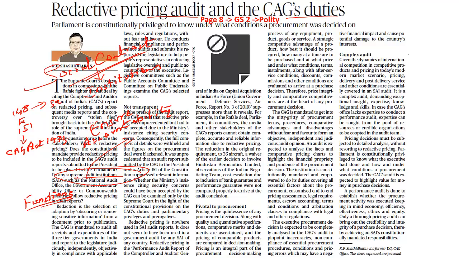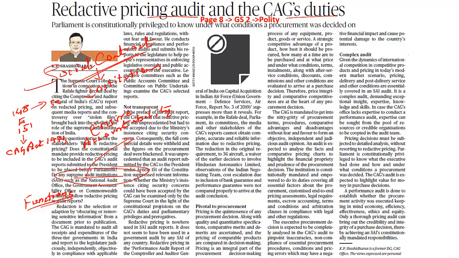So the reports also become a credible, authentic and reliable source of information for multiple institutes. So the CBI or the Central Vigilance Commission or the Chief Information Commissioner can also look into these reports that have been given by the CAG. Why? Because these reports are filled with information. It is looking into how effectively the government is making use of the money that has been given by the legislature. So this report is full of information. So all this information can be used by the CBI, the Central Information Commissioner, as well as other enforcement directorates and vigilant groups as well. So this is the major function of the CAG.